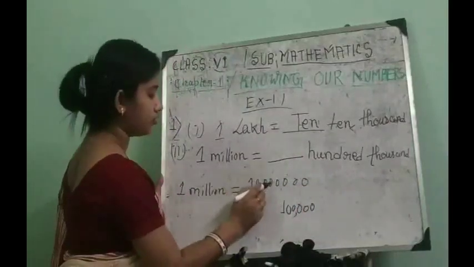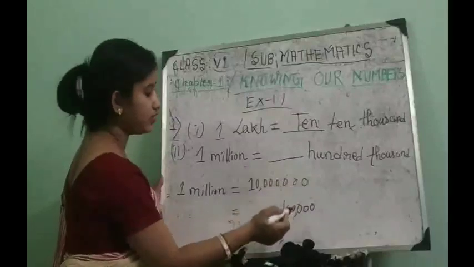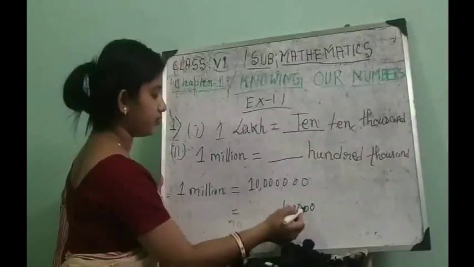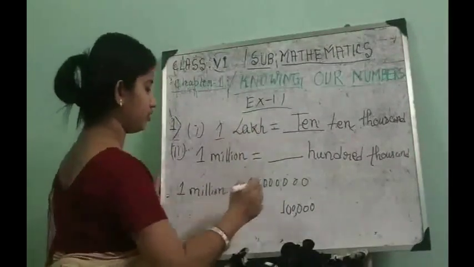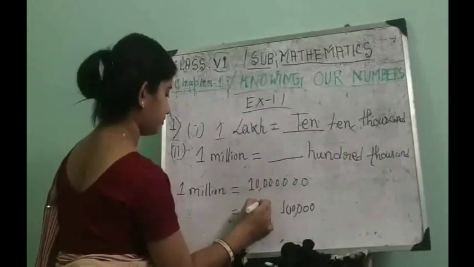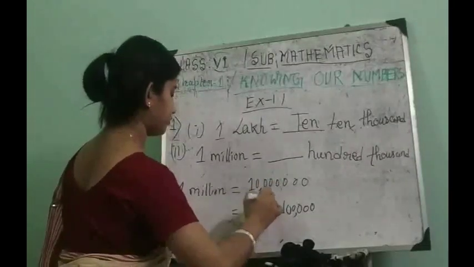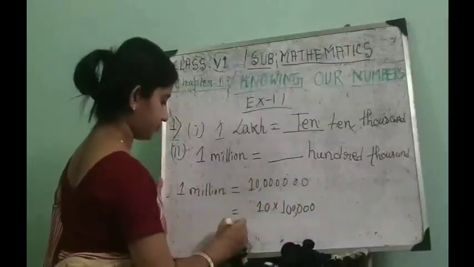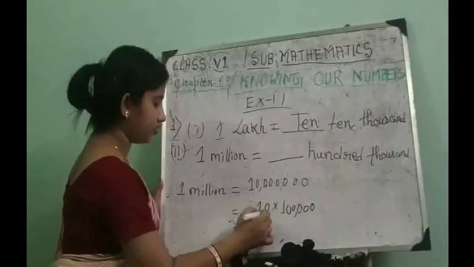There are 1, 2, 3, 4, 5, 6, 7 zeros. Here 1, 2, 3, 4, 5 zeros. So here we get